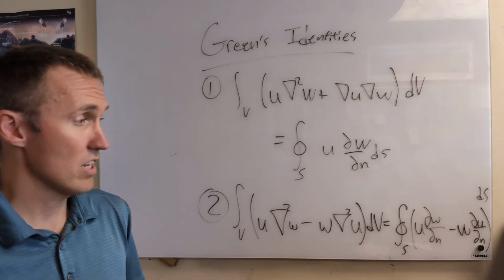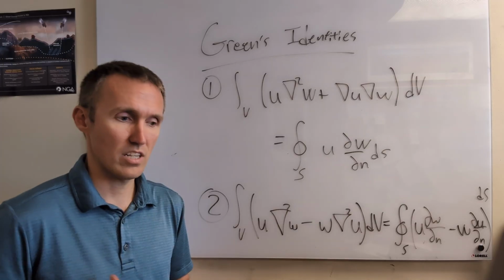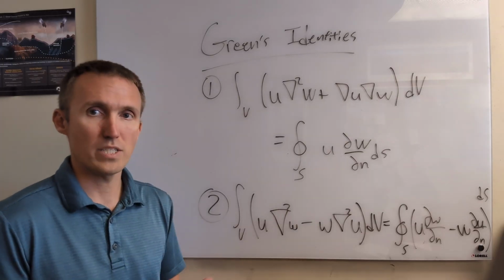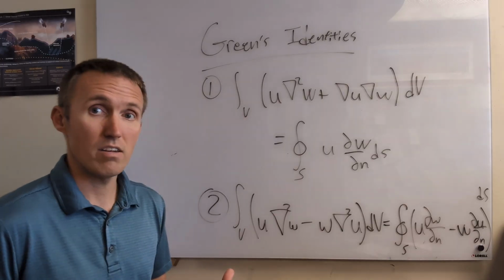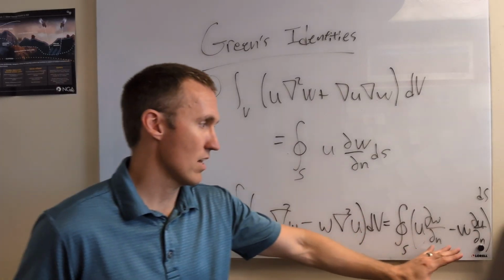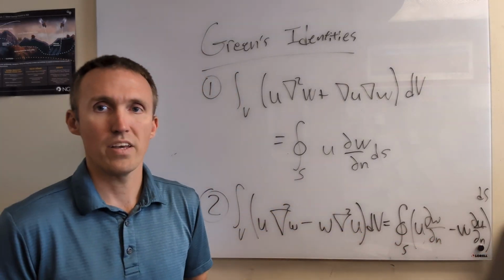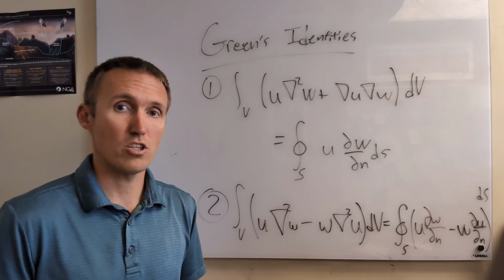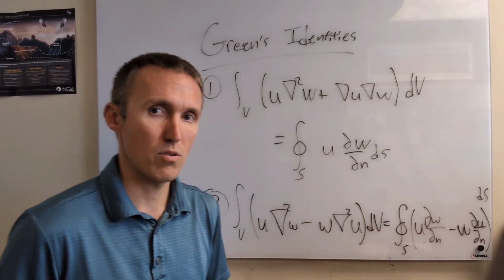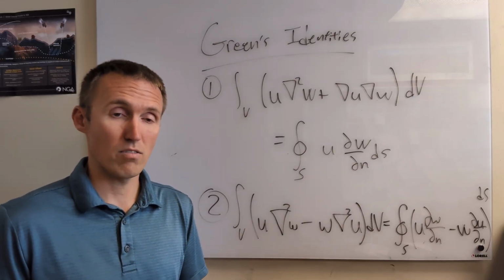Now again, what you should see here is that you see some differences here and some differences here. Again, this is going to come into play where we need to do some proofs. And we're going to say, okay, if you assume one particular thing is equal to 0, then the other thing is going to vanish, or we can set, for example, if this side is 0, we can set this one equal to that one. If that side is 0, we can set this one equal to this one, and things like that. So we're going to be able to use these identities for proofs. Volume integral, surface integral. Again, don't need to memorize these things or anything like that, but they're going to come up again when we're talking about